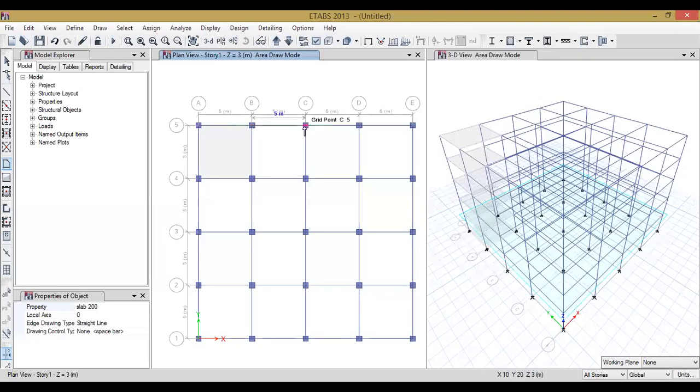Cover all four corners of the rectangular floor. We will get this kind of color, which is already assigned in the slab property.